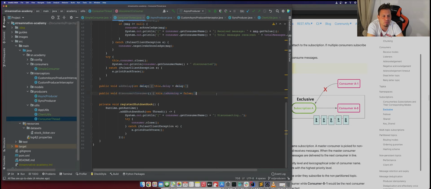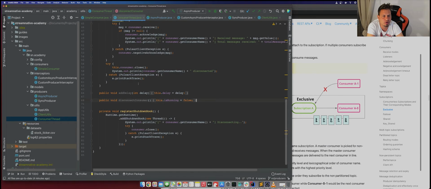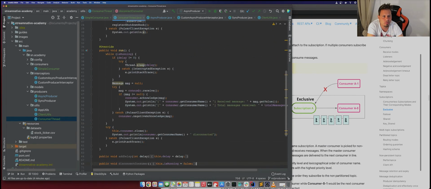This disconnect method basically turns the flag to false, and we start our consumer loop, which is this one over here. It's inside the run method. We'll keep reading messages while the flag is true. And if we specify some delay, it's going to do a thread sleep over here. Otherwise, we keep reading messages using this receive method as we saw, and we acknowledge the messages and do some print statements. So with that in place, let's go and see our first